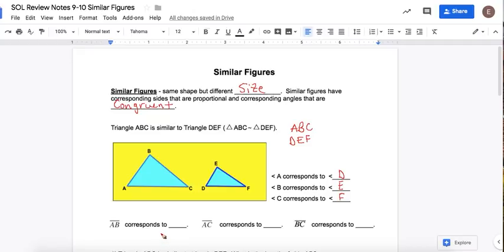Now we can also do that with the sides as well. The first one we have here is side AB corresponds to DE, and I need to put the side symbol over the top. AC, first and the last letter, corresponds with DF, and put the side symbol over the top. And BC corresponds to EF. One thing to remember as well is you need to go in the order that it's read. So BC, EF. I can't write FE. Okay? All right, let's move on